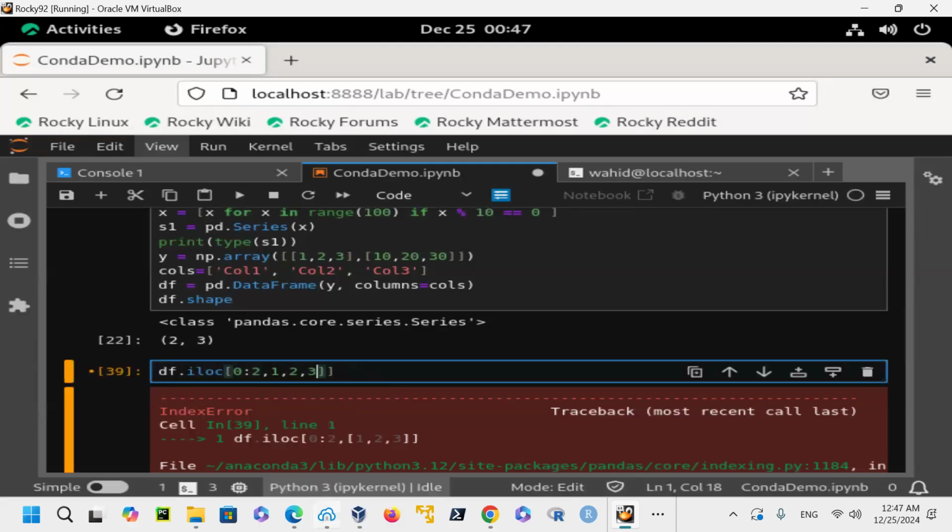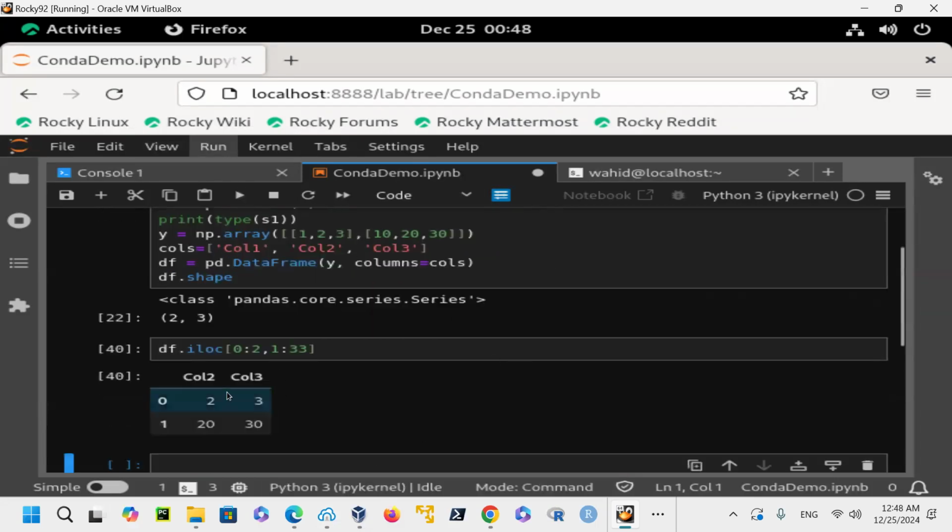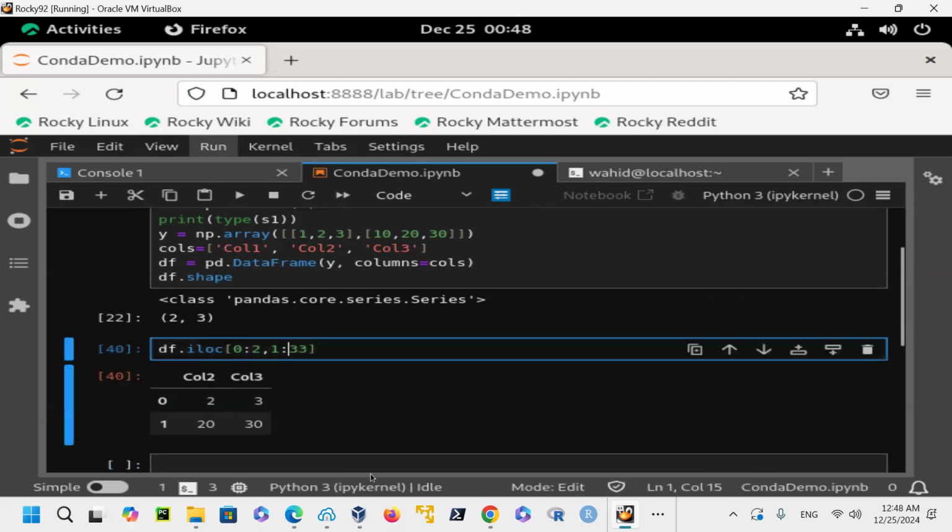Let's see, column 1 actually through column 3. That is slicing, so you could do it like that. Column 2 and 3 as starting. If you want a column, did I type in 3 twice? If I want to start with 0, that is the first one, and then up to the last one, and so that is